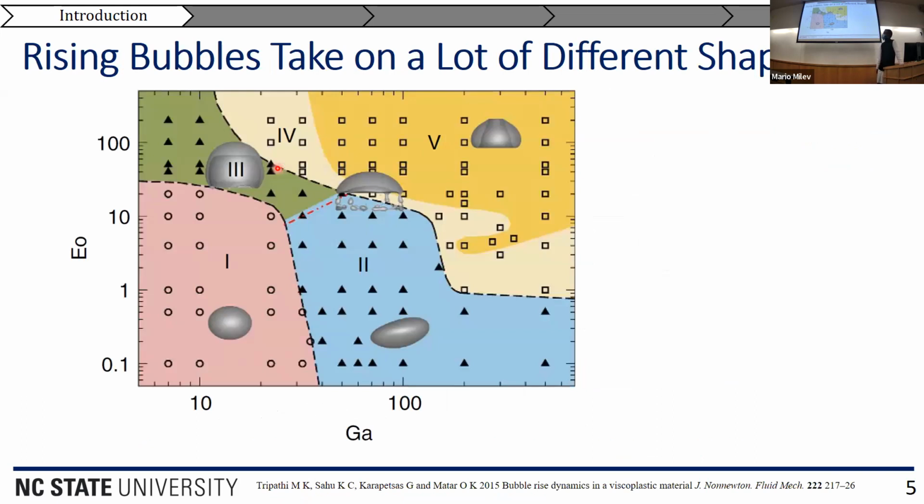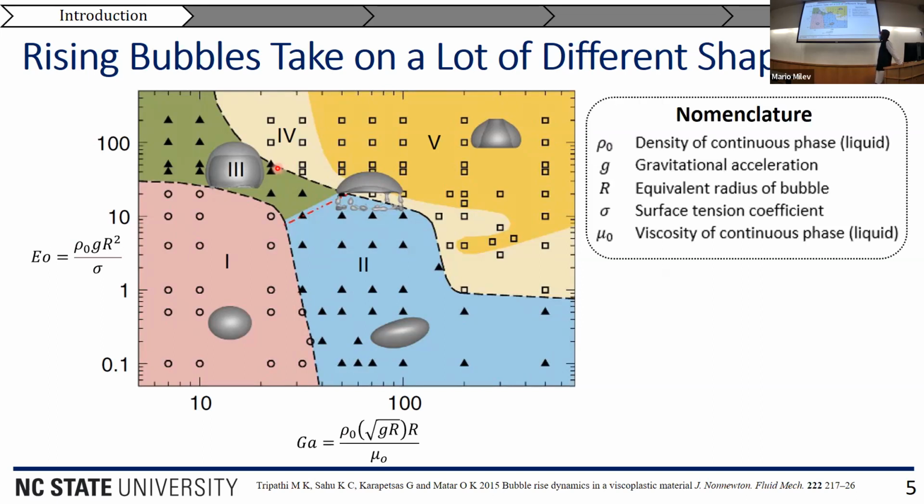To target those ellipsoidal bubbles, we need to look at a map like this to determine the properties of the fluids we want to mess around with. Rising bubbles in fluids take on a variety of shapes based on the Eötvös number on the top left, which is a dimensionless number, and the Galilei number. There's some nomenclature there if you're interested. The key point here is that we're focused on this parameter space, and that's just simple water, room temperature, and simple air. That would lead to bubbles being formed in that region. You'll see that's in the ellipsoidal region of